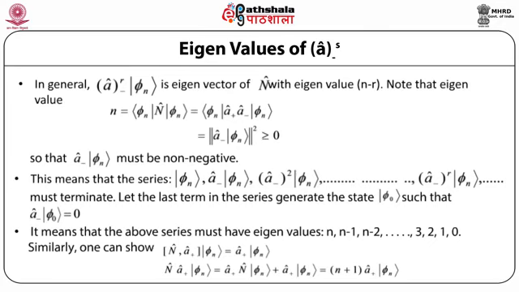What this actually means is that the above series must have eigenvalues corresponding to n, n minus 1, n minus 2, and so on till we finally reach 0 for the lowering operator acting n times on the eigenvector phi n. Similarly, we can also derive the relation involving the commutator or the commutation relation between the number operator and